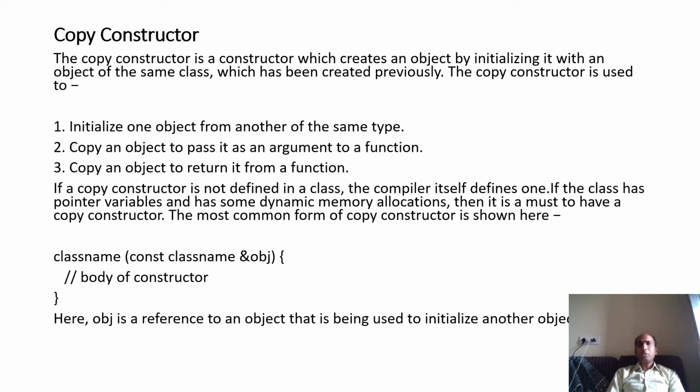If a copy constructor is not defined in a class, by default C++ gives a copy constructor. You can create your own also. So what is the syntax of a copy constructor? You write the class name because it's a constructor. Then inside the argument, you receive the object as a reference. So remember how to create a reference variable: we use the ampersand symbol. It is not receiving just an object. It cannot receive an object as an argument, but it is receiving the reference of the object, and then it will be used to copy the value of one object into another.